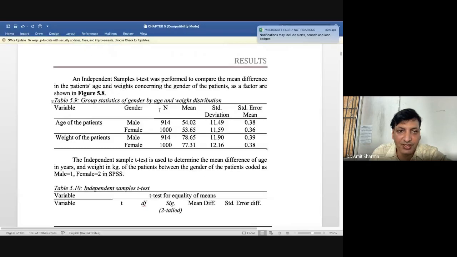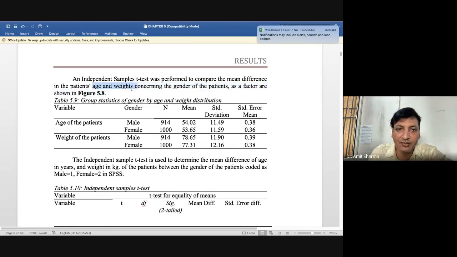So here you can see that a t-test was performed. That is how we are going to write the results in the thesis or in the research paper to compare the mean difference of age and weight. Here you can see that I have applied the independent t-test for age and weight together with gender as a factor.